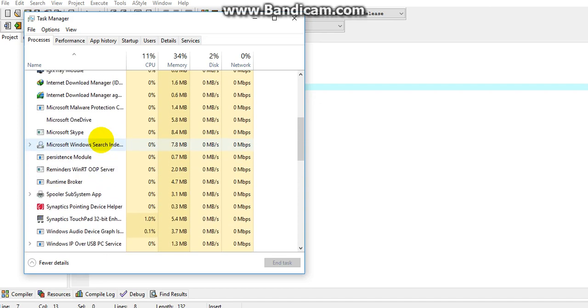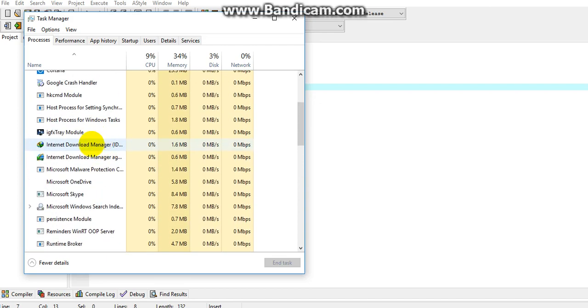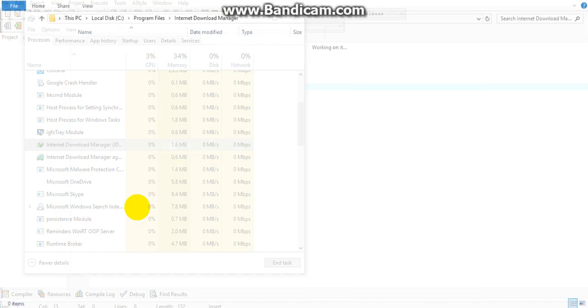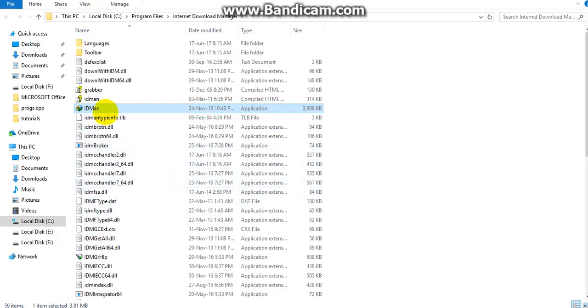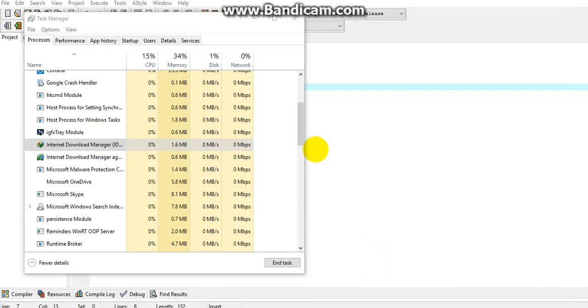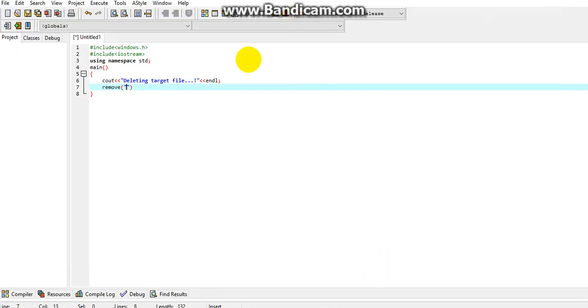Here is Internet Download Manager. From here I can open file location, which opens the folder where this file is located. So I can easily get the location of any malware or any software which I want to delete.